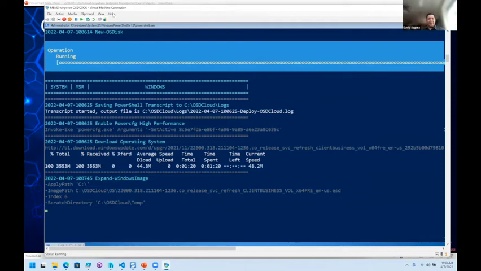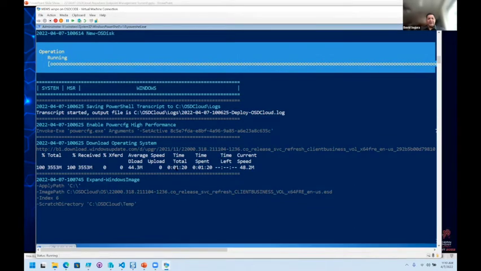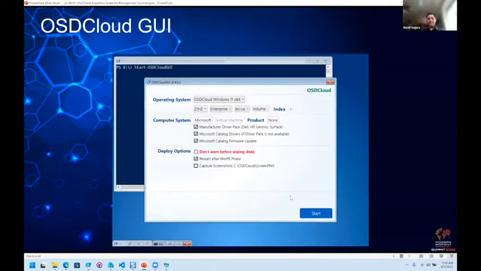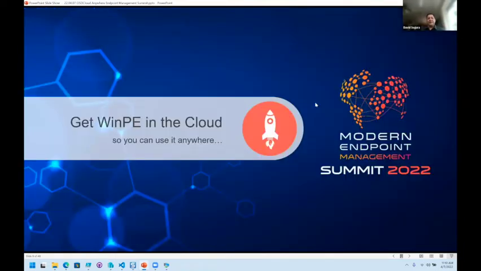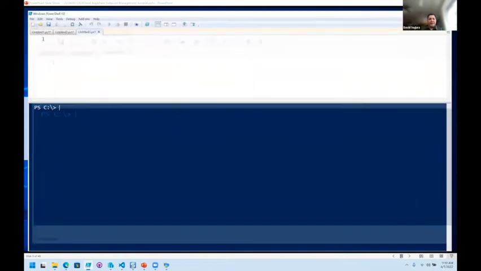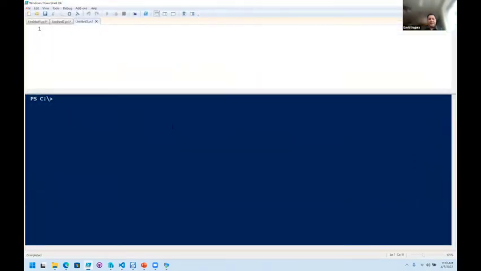So we can see in the background this WinPE is expanding, and we're just going to let this continue. We'll minimize that. And in a nutshell, that's exactly how OSD Cloud works. The only thing you need to do as part of OSD Cloud is to create a WinPE. WinPE is part of the module that is created when you use OSD Cloud. You have to configure a template and a workspace, and